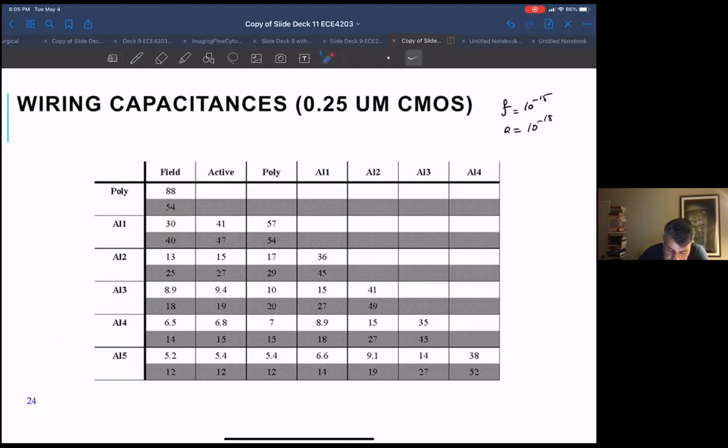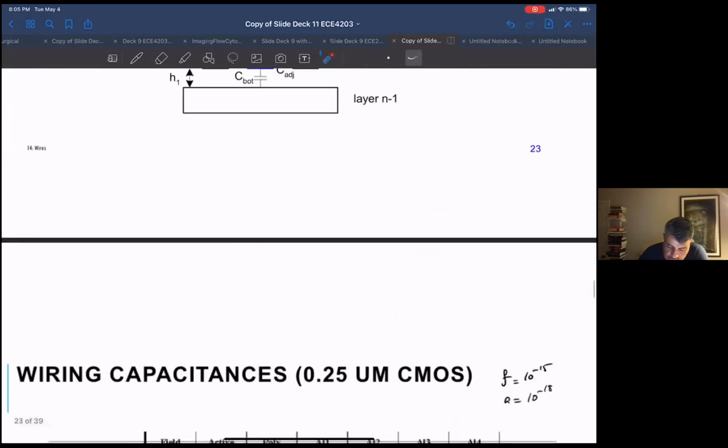This is the parallel plate capacitance. So this would be metal 1 to the substrate. This would be metal 3 to metal 1. This is the parallel plate value, and this at the bottom is the fringe value. The parallel plate value is given in micron squared, or per unit area, and this is just given in terms of per unit length, because the fringing